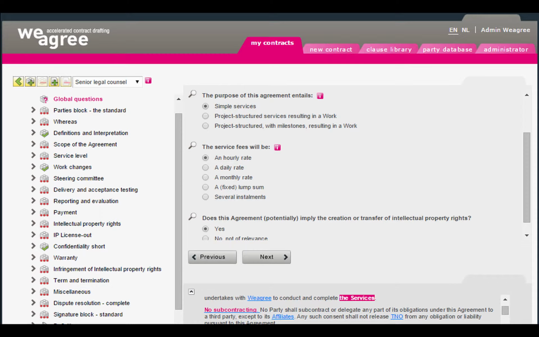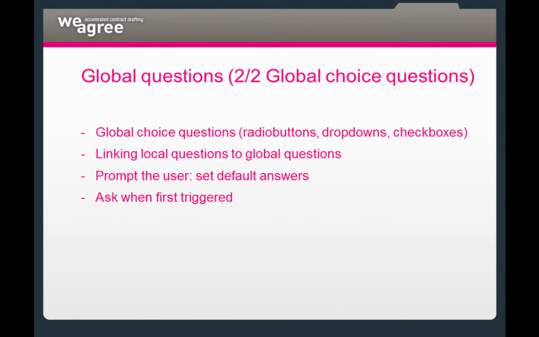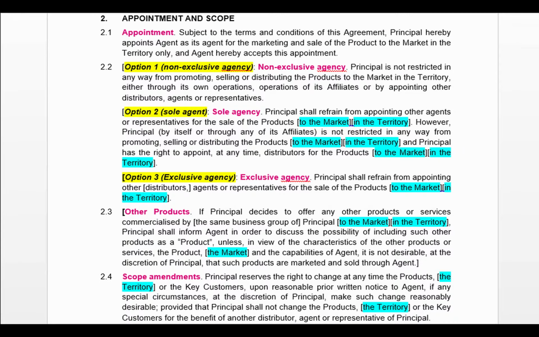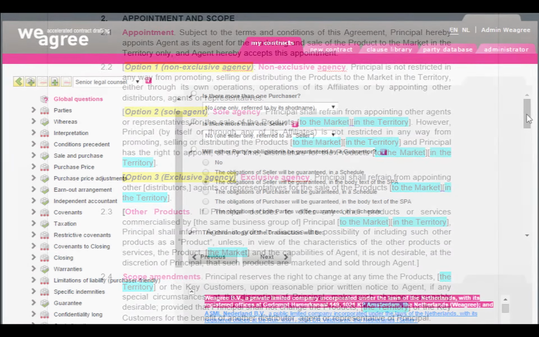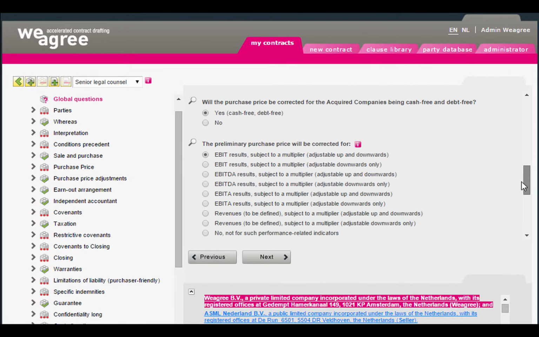The first introduces global questions and explains how to create and edit them. Then it explains how to distribute an editable value consistently throughout a contract by answering just one global question. The second video tutorial tells you how linking local choice questions to global questions works, how default answers to local